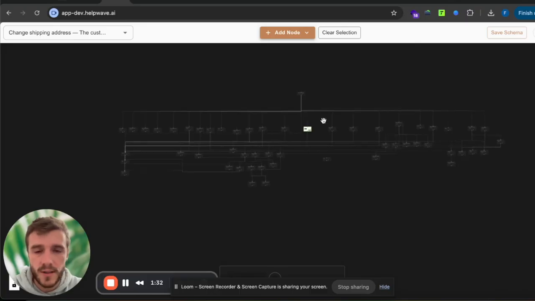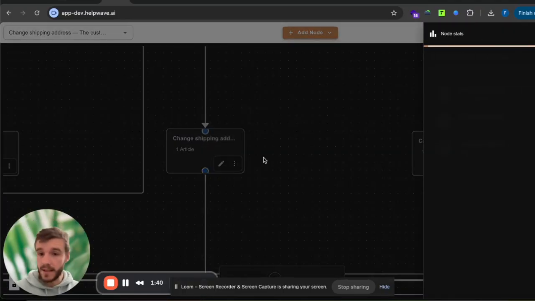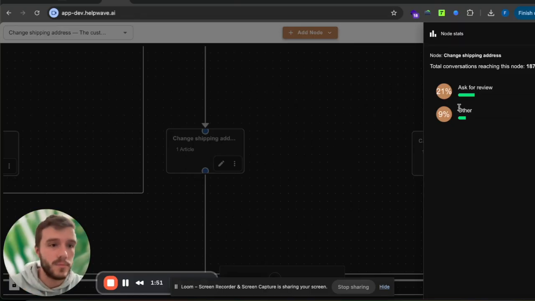So we want to know the percentage of each case after changing an address. And here you get a button, display stats, and it's going to tell us the probability for a given conversation that we asked for a review or other. And here we go. So we get 21% of cases where we ask for a Trustpilot review after changing an address, and then 9% other. And all other cases are when customers just didn't answer